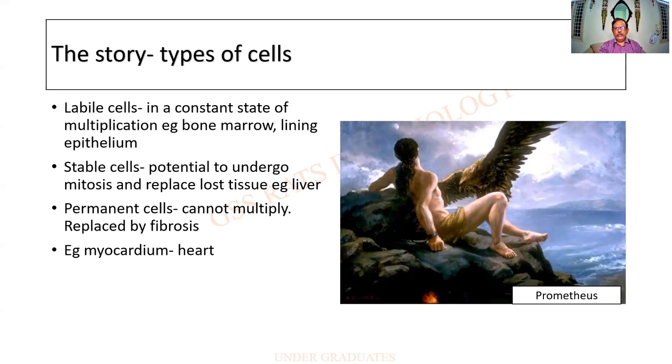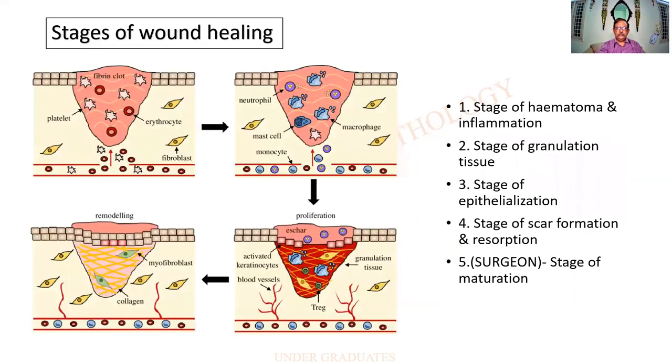And this is the story of Prometheus. I do not know what mistake he made, but then as a punishment, he was chained onto a cliff. And every night, an eagle used to devour part of his liver. And when they thought he would be dead, they went there to see him, the liver had regenerated. And that is the story. So that indicates the multiplying potential of the liver. This happens in many a condition which we would have already seen in hepatic pathology.